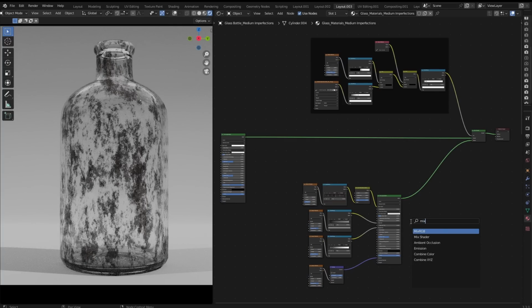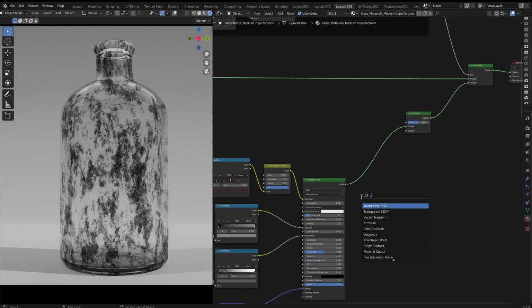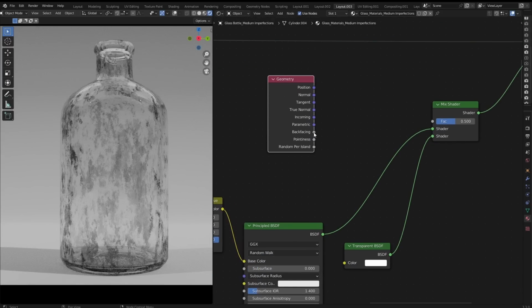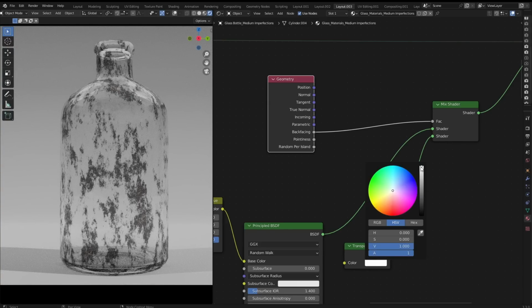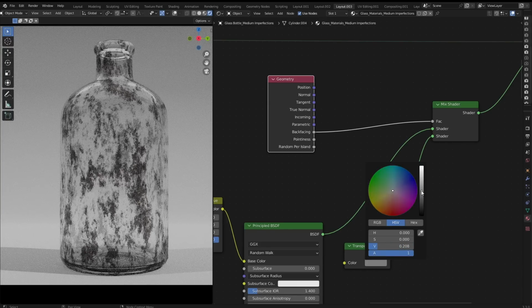After the principled BSDF, add a mix shader node, then add a transparent BSDF and put it into the second input, then add a geometry node and plug back facing into the top input. Where each face has a normal, back facing creates a mask for the opposite side to the normal of each face, which for this is the dark patches facing towards us, and it allows us to specifically adjust these areas,